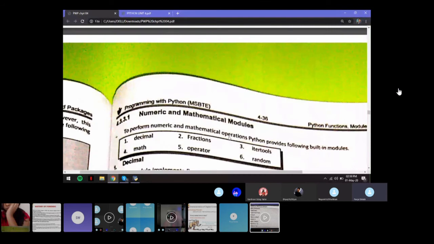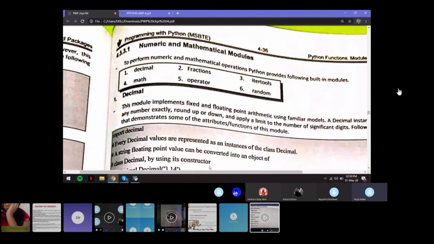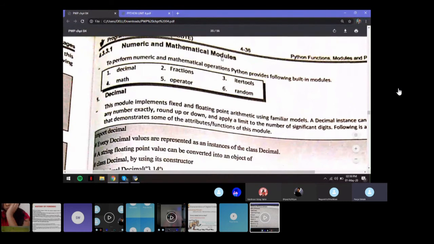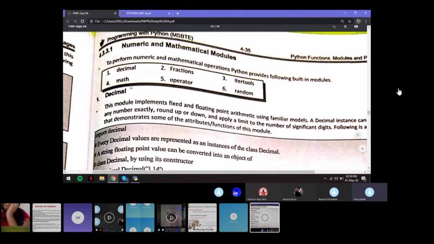The 6 basic modules that we need in the category of numeric and mathematical modules are decimal, fractions, itertools, math, operator, and random.